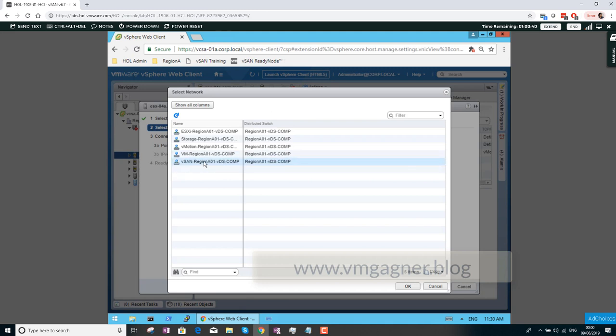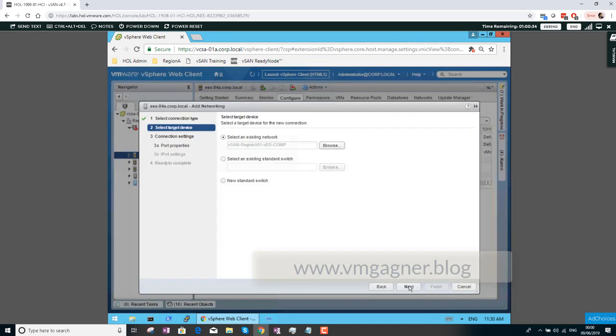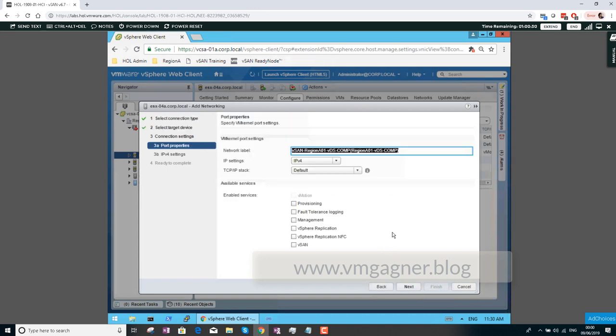This is the one, vSAN region S01. Okay, we just enabled the vSAN traffic,